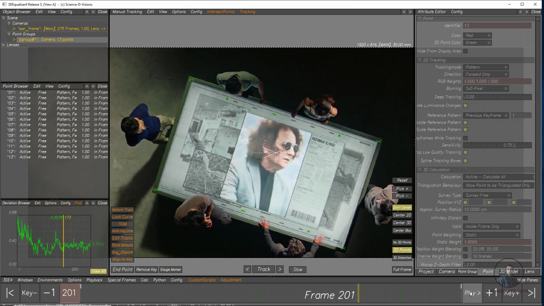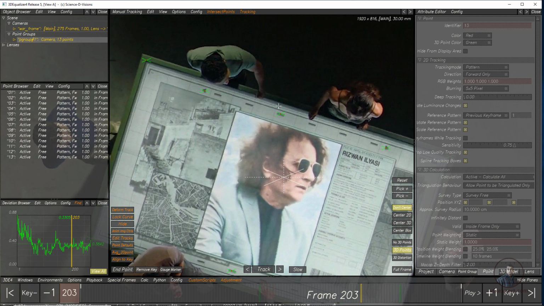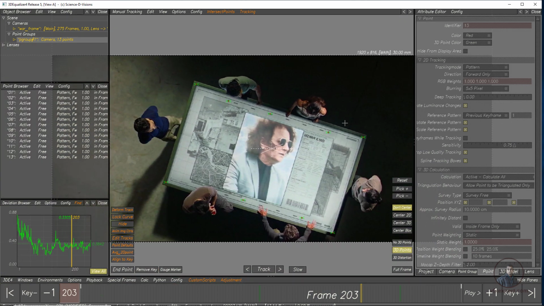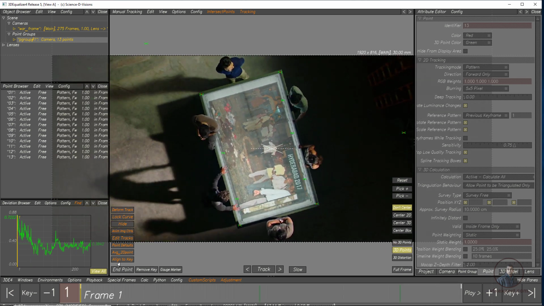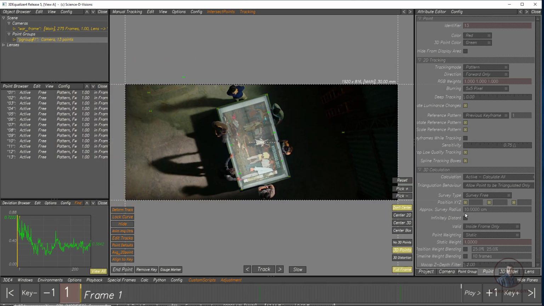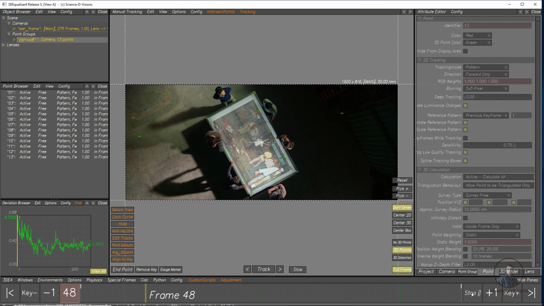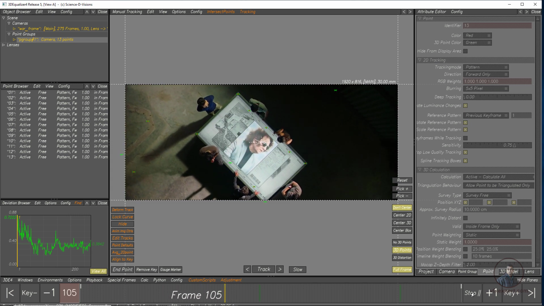Now see, red means 2D points, green means 3D points. Okay, so if you want to switch to your 2D or 3D points, then simply from here you can switch at the top. So this is your 3D points. Okay, like this. Now just play and check. So click on full frame. Now just see. So easily you can see.